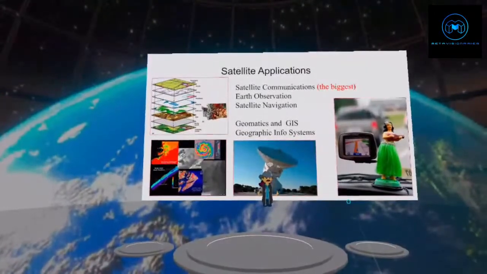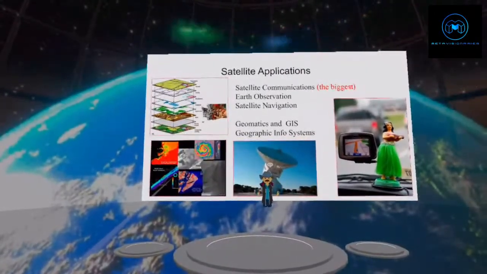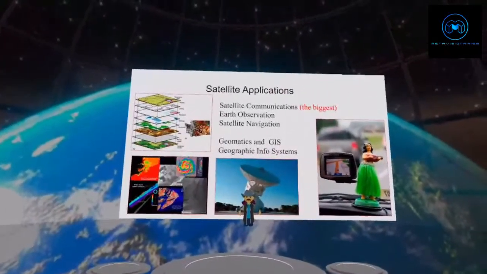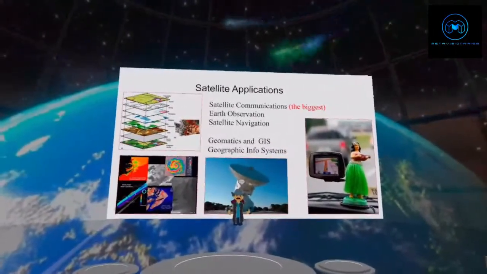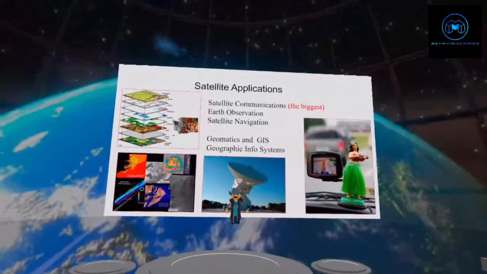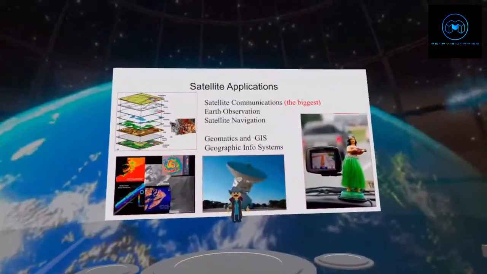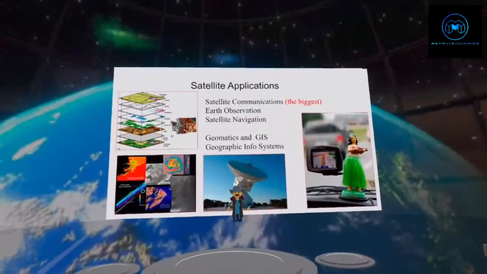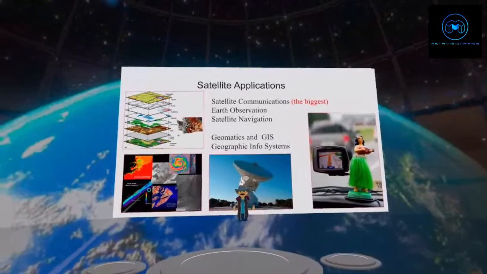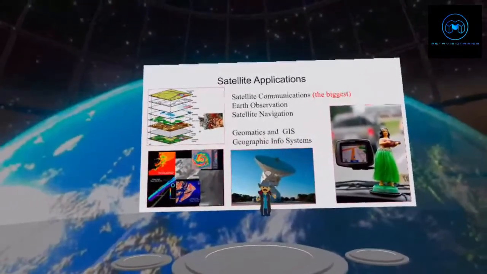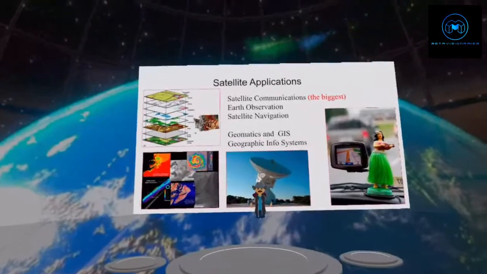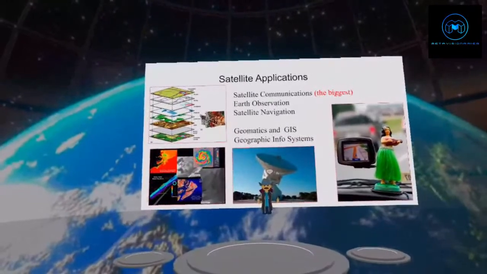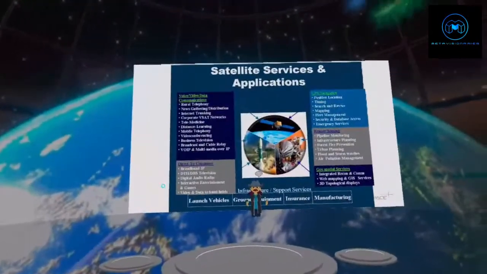So today, I'm going to try to put all the things that you've learned already into the context of practical, beneficial applications here on Earth. So satellite telecommunications is by far the largest of the applications: Earth observation and remote sensing, satellite navigation, positioning, and timing. And there are integrative tools and technologies, geographic information systems, and geomatics tie all of these things together so that we can do practical and useful things.